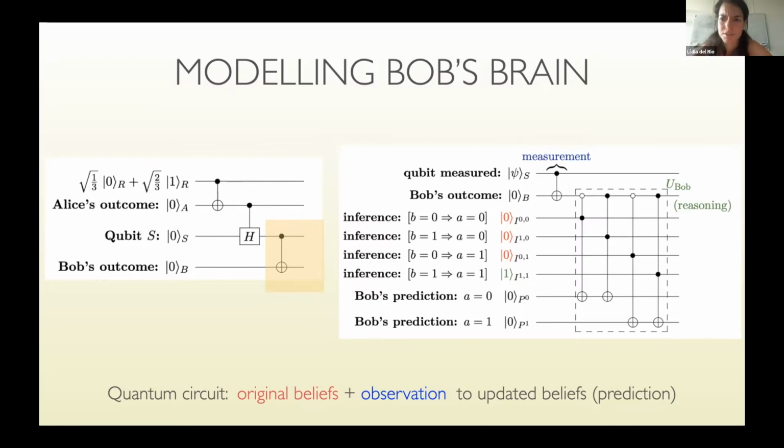And then we just encode this final prediction, I think that A is 0, I think that A is 1, in these 2 final registers, which are what we call the prediction registers. Okay. So this is a very simplified version of just Bayesian update. Are you with me so far? If there's questions at this point, please ask, but you need to unmute yourself because I cannot read the chat while sharing screen.